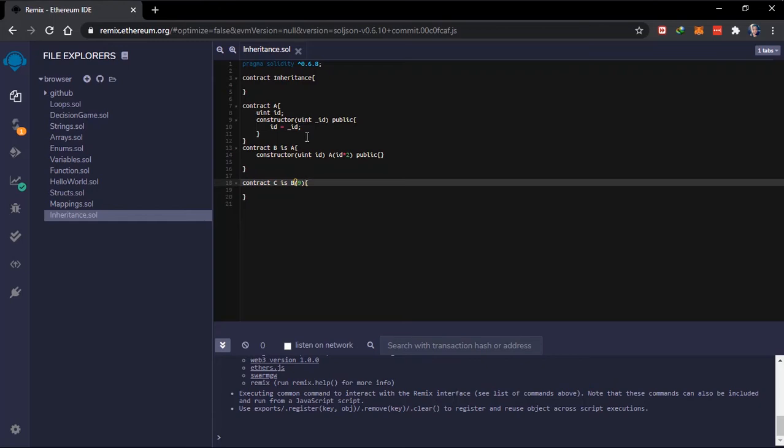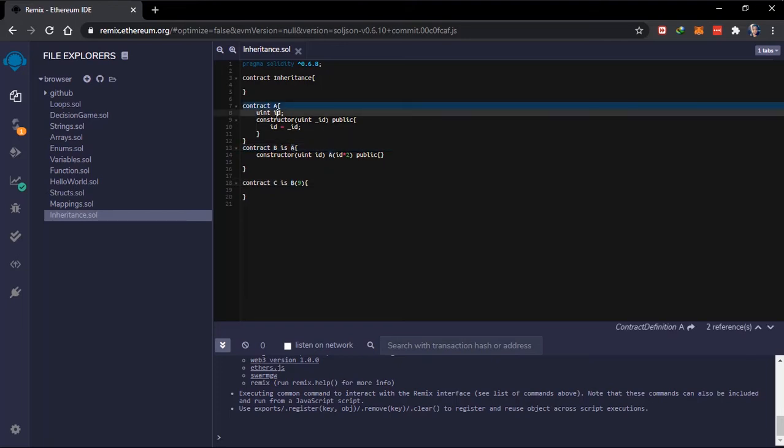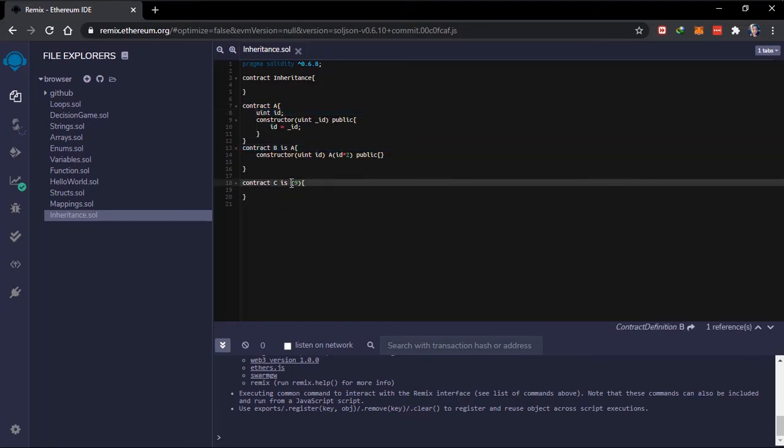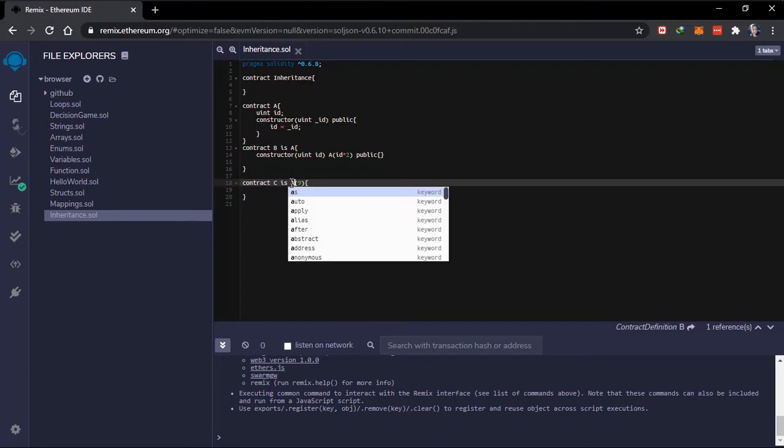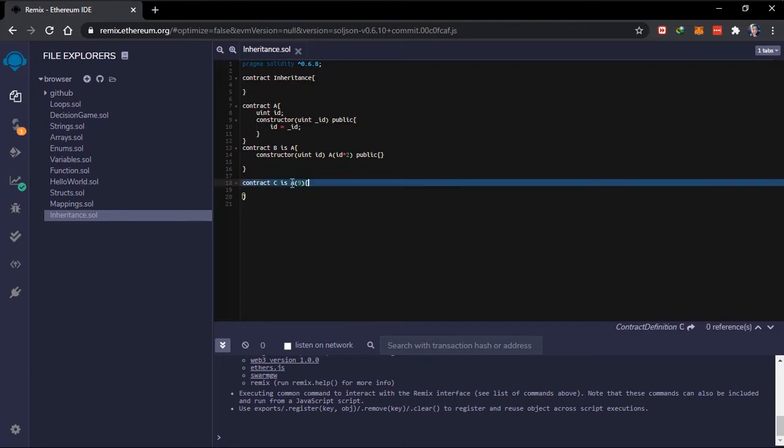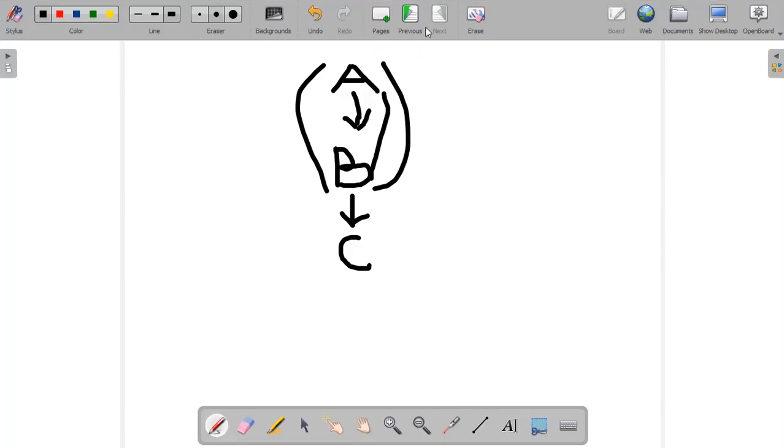Solidity also supports multiple inheritance. There can be multiple levels of single inheritance. There can be multiple contracts that derive from the same base contract. So B can inherit A. Also C can inherit A. As you can see, this also works, and this visualization will be something like